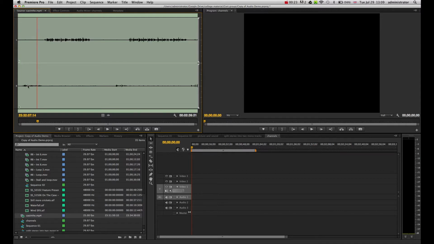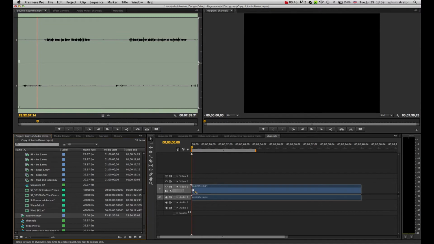We can see our interviewer who was mic'd up with a wireless mic, a lapel mic, and we've got our interviewee who had the boom overhead. So you can see that the waveforms are very different, so these are obviously two very distinct audio signals that were recorded. Now if by default I just drag this over onto the timeline, you'll see that